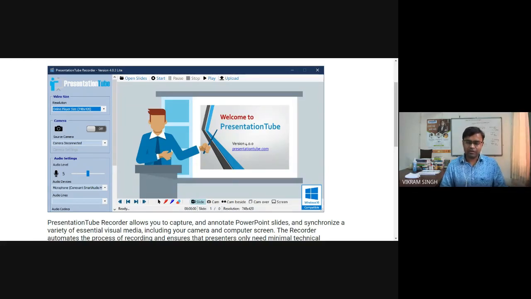Suppose we do not want to record the video, you can simply click the on and off button based on the preference. Now, if you've selected that camera input should be there, your video should be available, right? So you can select the source also. Source means suppose you have connected multiple cameras, some kind of inbuilt camera, some kind of external camera, so you can choose the appropriate choice for your video quality.